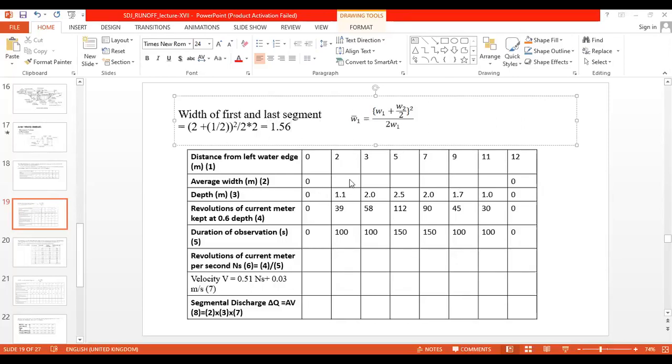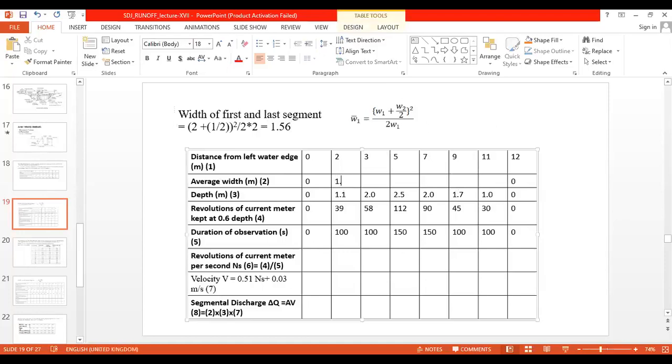So I would like to write here 1.56 and here also 1.56. So for the first and last segment, the width will be 1.56 meters. Now for the second segment, all other segments we can say, we will go for,